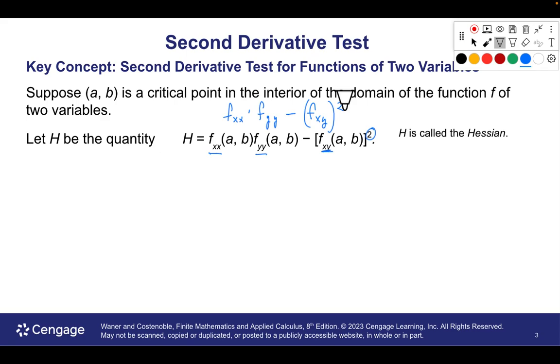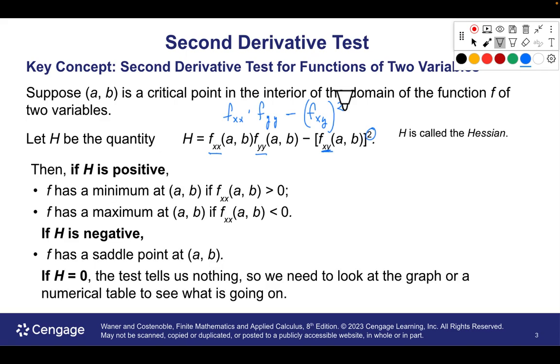It's called a Hessian. Who cares? We'll just call it H, right? If it's positive, then two things could happen. If this is a positive number, then we look at the second derivative of f with respect to x. If that's greater than 0, then we've got a minimum. And if it is less than 0, if it's negative,